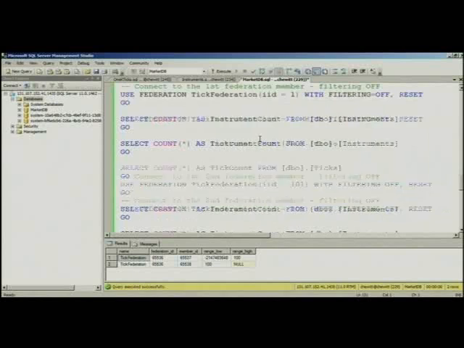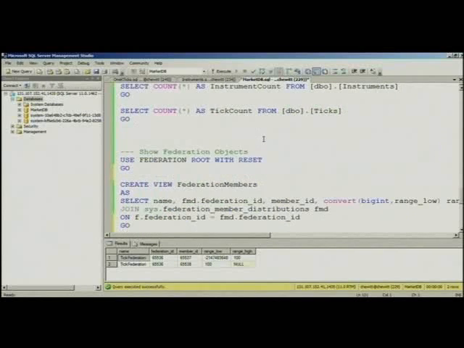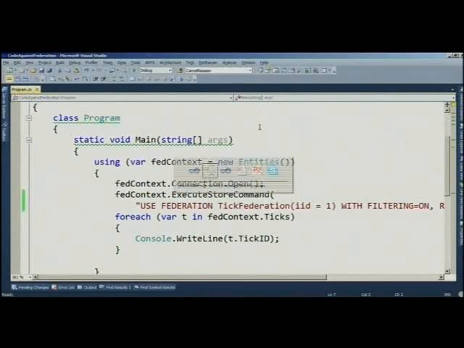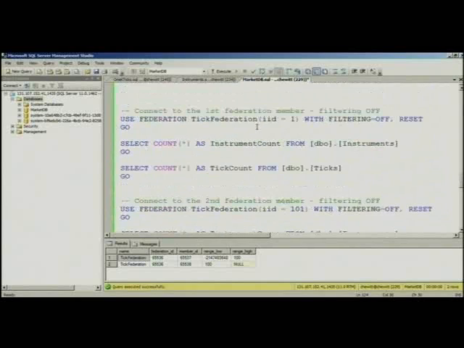So we split. Oh no, that's filtering off. I didn't do it with filtering on. Okay, seems fair. In fact, maybe we should do that with filtering on. Let's do that with filtering on. So let's just go filtering on